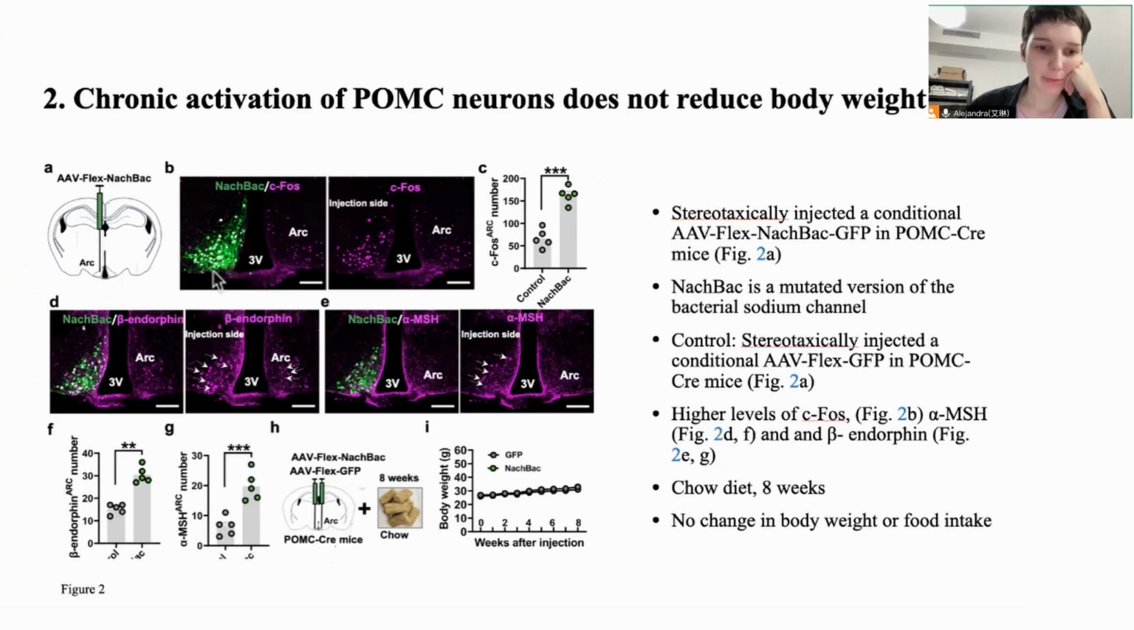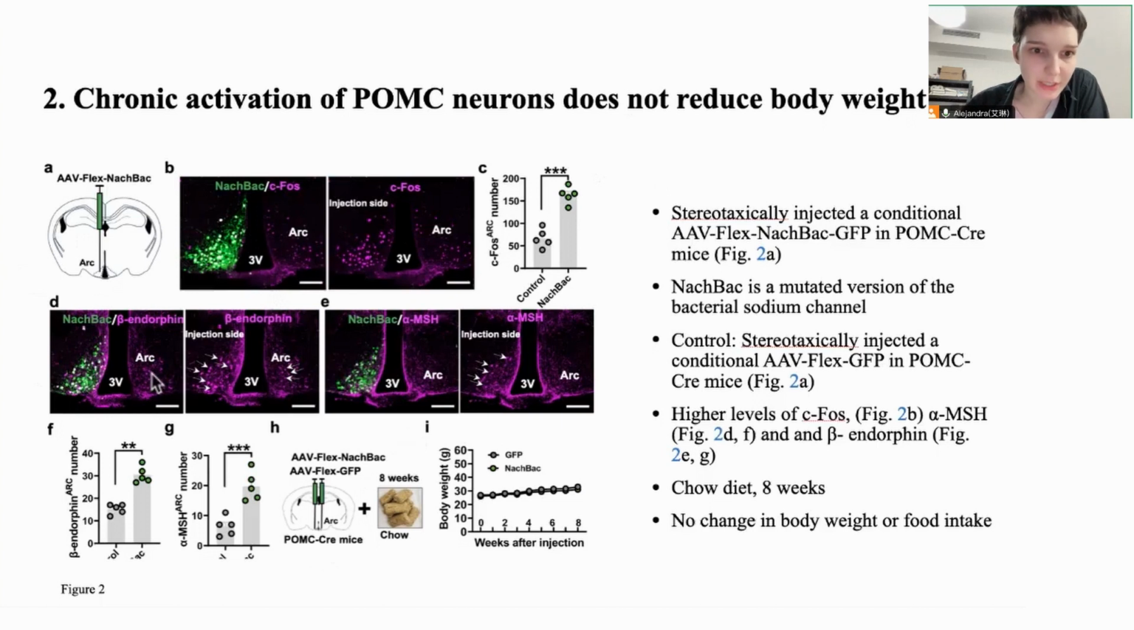To confirm that the NAC-PAC expression causes chronic activation of POMC neurons, they measure CFOS expression. They observe much greater numbers of neurons with CFOS expression in the injected site compared to the control site, as well as prolonged action potentials and lower threshold, and therefore higher probability for action potential firing. They also found increased expression levels of MSH,